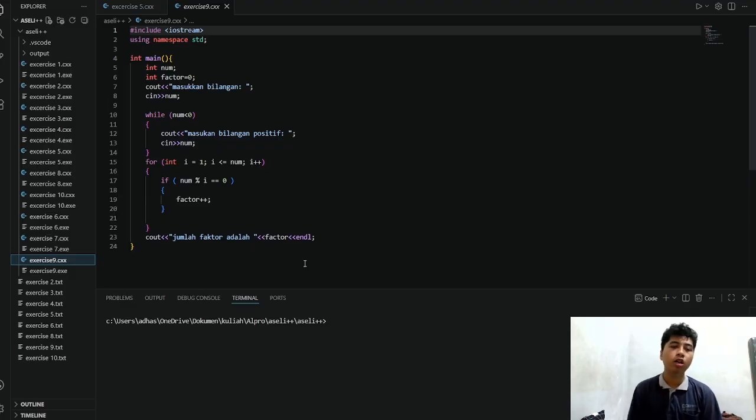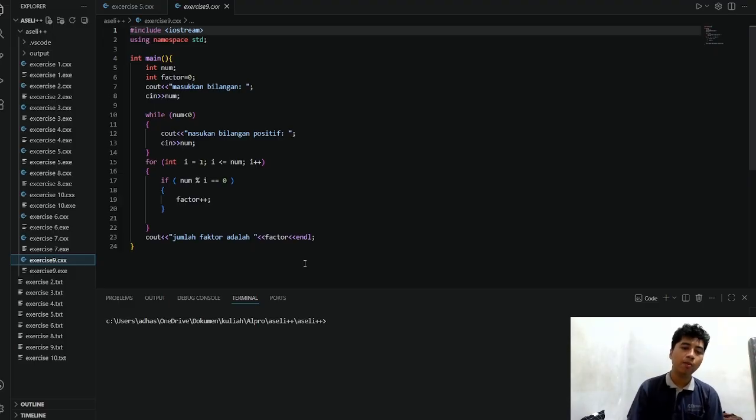After that, if the user inputs a positive integer, the program will start the for loop. This is also another loop. First we declare the integer i and assign it the value of 1. Then if i is smaller than or equal to the num we input, then i will be increased by one.